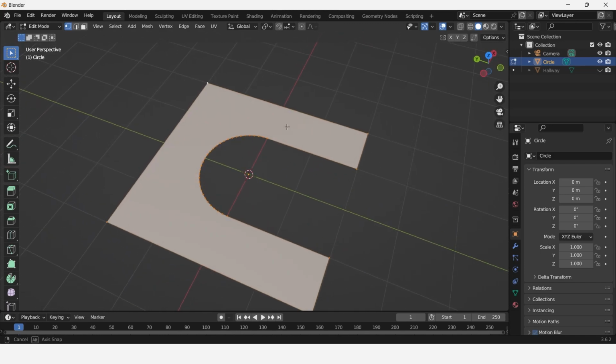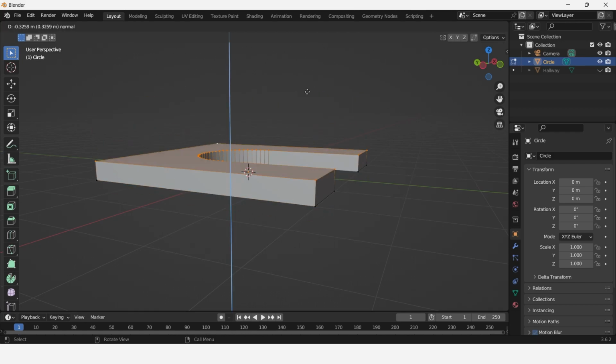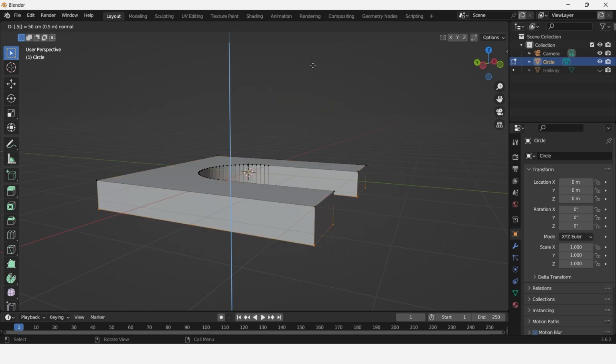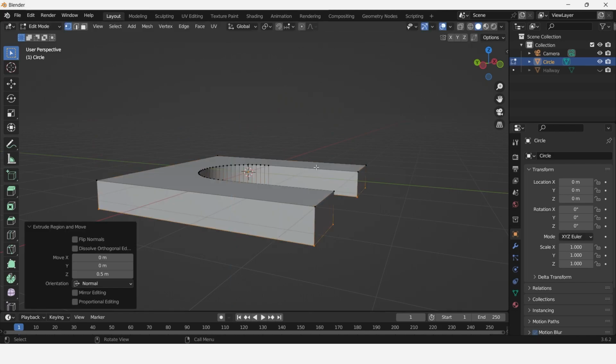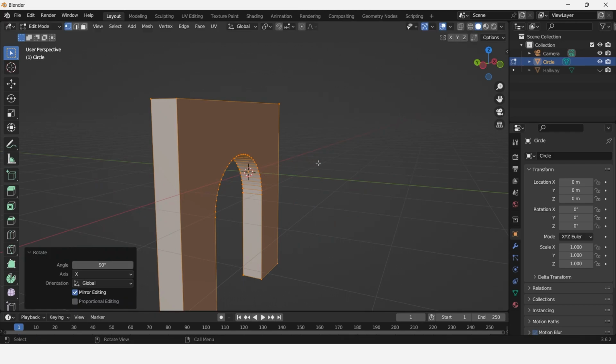Now you can see we've got a nice archway shape, but we need to give it some depth. To do that, let's hit E, make sure it's already locked to the Z axis, which is the blue axis, and then hit 0.5, enter. Now we can hit A to select all, R X 90 enter to rotate it on the X axis 90 degrees so